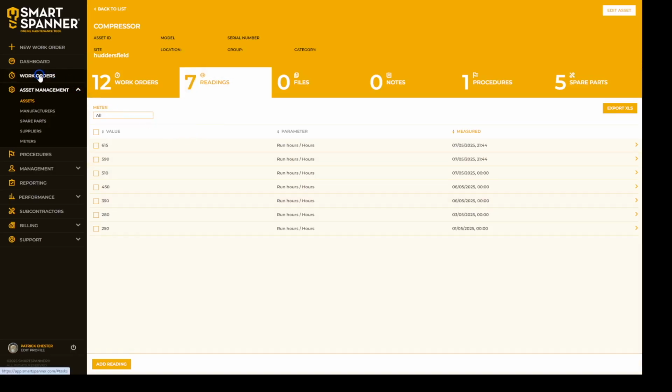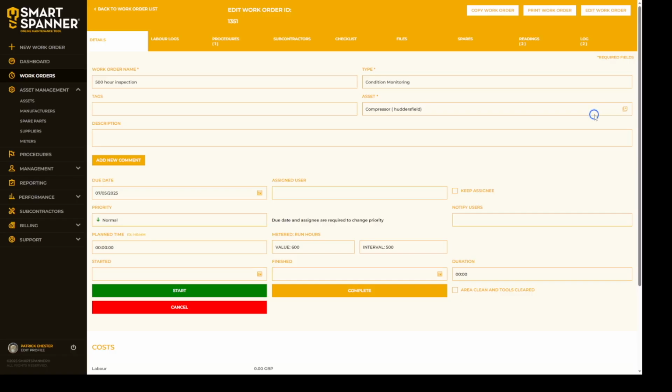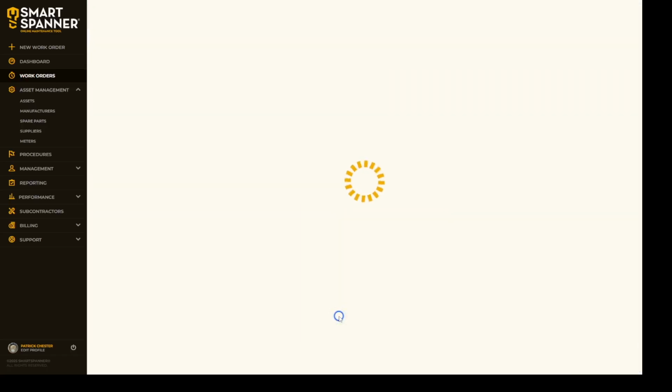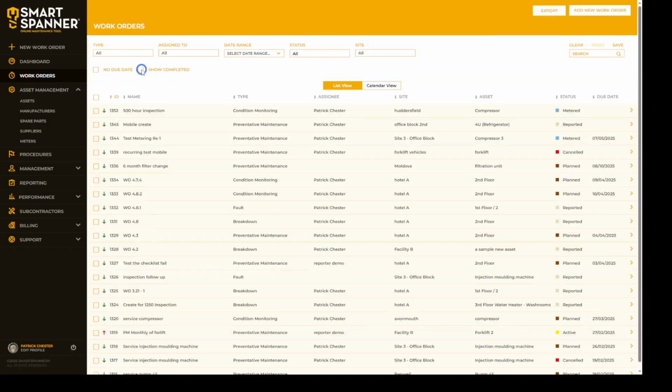So if I go back to the work order, we'll now see that the 500-hour inspection has been given a date once we've passed the trigger. So now that this is due, this work order would normally be assigned to somebody and they will complete it. So if I complete this now and just go back to the work order list, and if I just show completed,